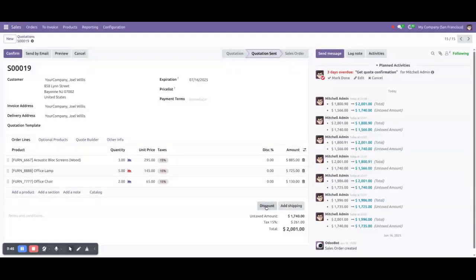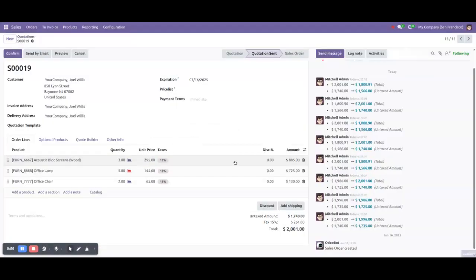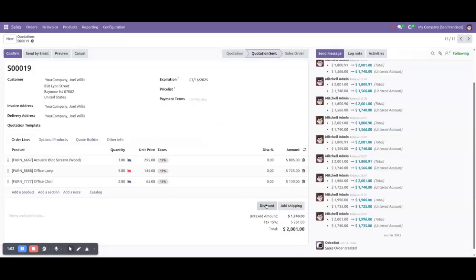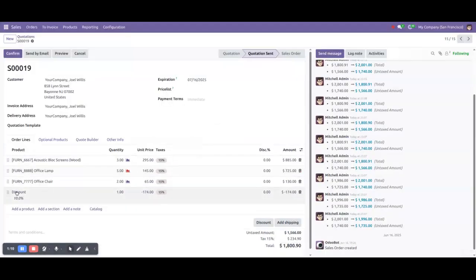So we can manage discounts in three different ways. We can give a particular percentage wise discount on all order lines. Let's say if I provide 10% on order line, so you can see this is 10%. And let's say if I remove this, and this is another one, global percentage. If I want to give 10 percentage globally, so it will add this line here,